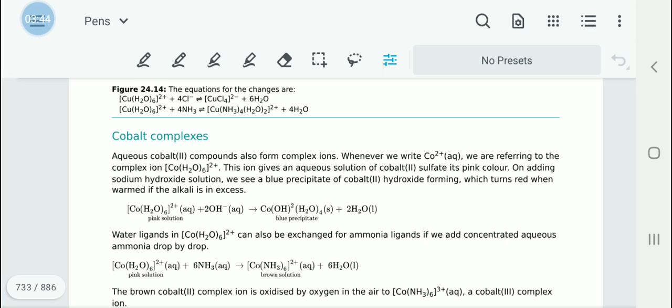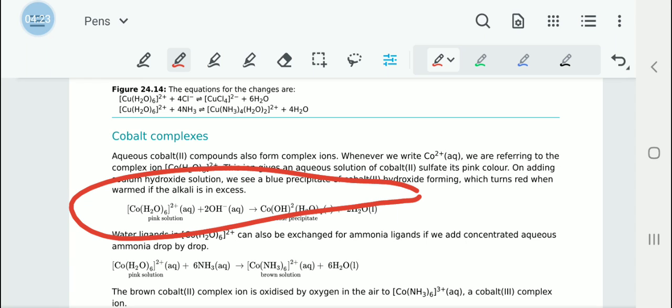When sodium hydroxide solution is added to this, a blue precipitate of cobalt 2 hydroxide would be formed, which would turn red if warmed when the alkali is in excess. Right? It will turn red if the alkali is in excess. That is, the hydroxide should be in excess. Write down this equation, please. The first one. After that, write down